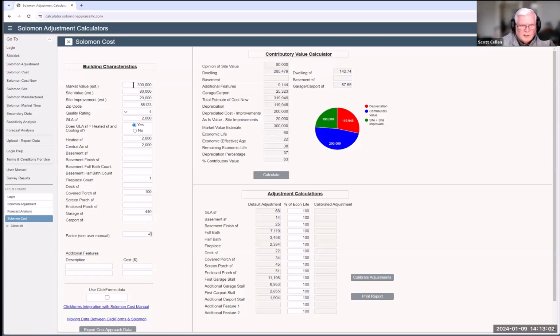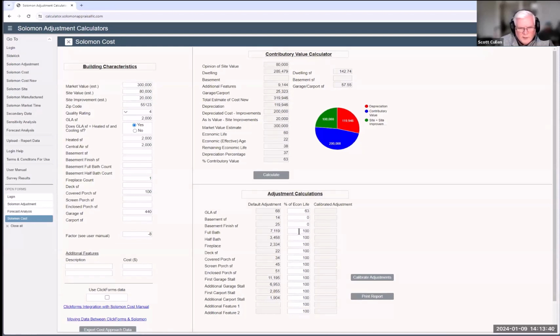And here's a retrospective market value estimate that you've developed from comps that came from back at the effective age of the report. So now you've got all the other Solomon features. If you would type 63, I like to use 63%. It's a survey result. It's based on the idea that the house depreciates faster in some areas than others. One area where it depreciates quickly is the 20-year roof, 10-year paint, 10-year carpet, 30-year HVAC. Pretty much almost everything that you can see and touch in a house is replaced before it's 60 years old